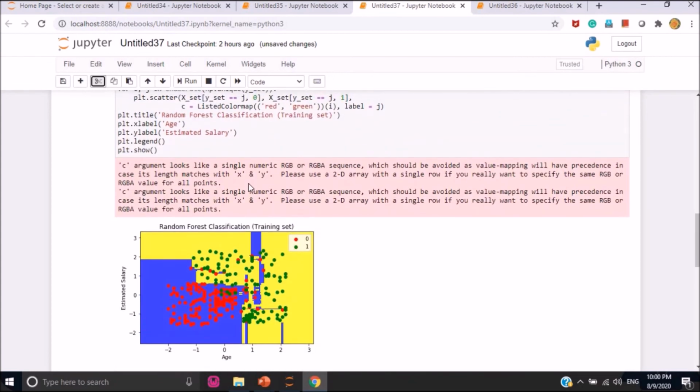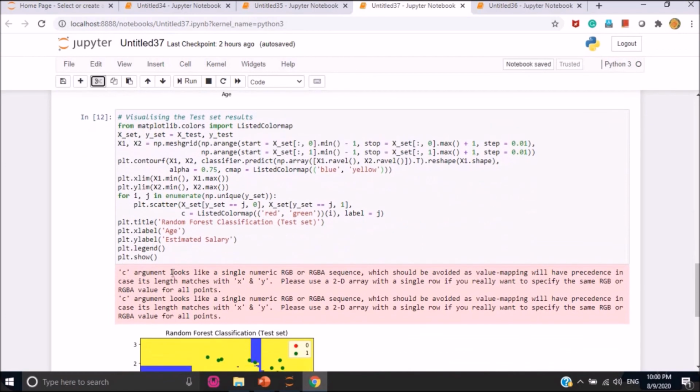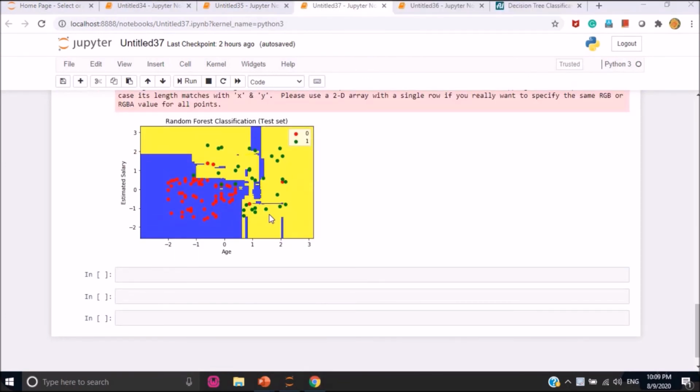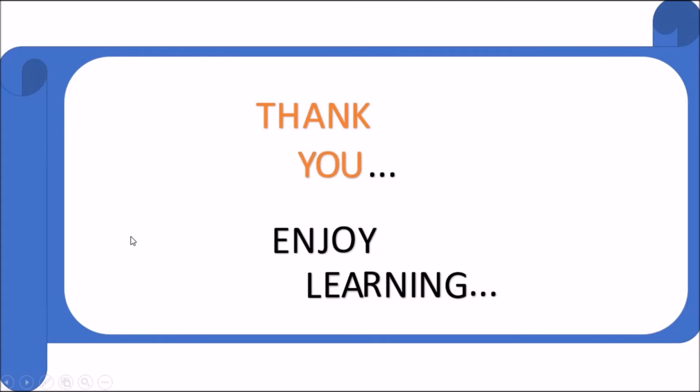We'll get the prediction for the training set like this and the testing set like this. If you compare the result with the given decision tree classifier, you will find that the random forest tends to provide more accurate predictions. So these are the concepts of machine learning with Python.